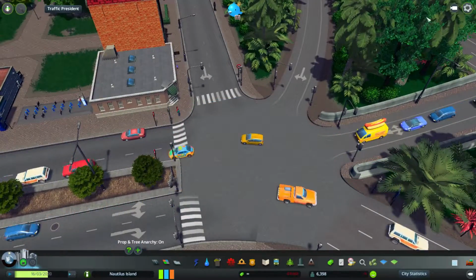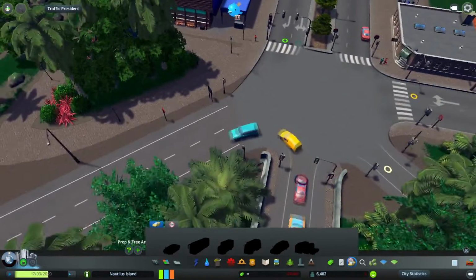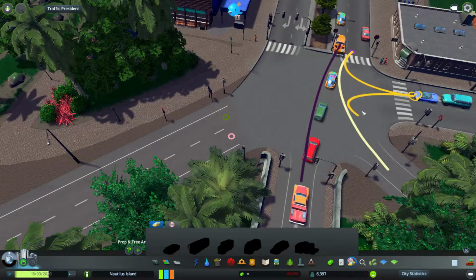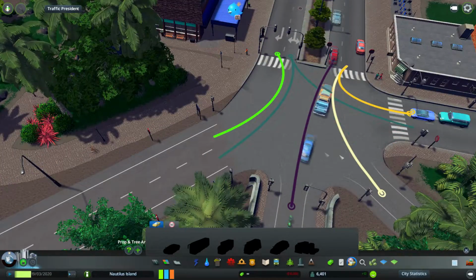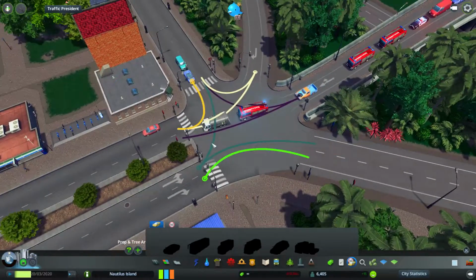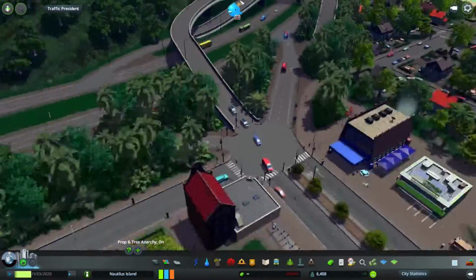Okay, so... Since we have the... That's what I want, right here. We do not want any traffic turning left here. That is not allowed. You go to there, and you go to there. You go here. You go here, and here. There we go. And you can go here. And you can go here. Alright, so...